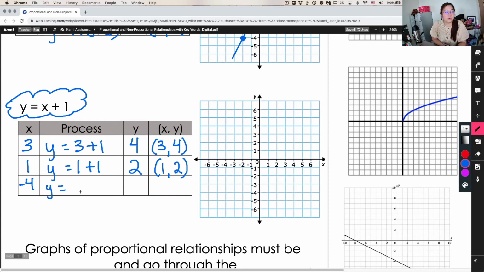Y equals negative 4 plus 1, that is negative 3. X is negative 4, y is negative 3. Alright, so now we have our 3 points, and we're going to go ahead and plot them and make our line, same as before. So our first point is 3, 4, so 3 on the x-axis, 4 on the y-axis,